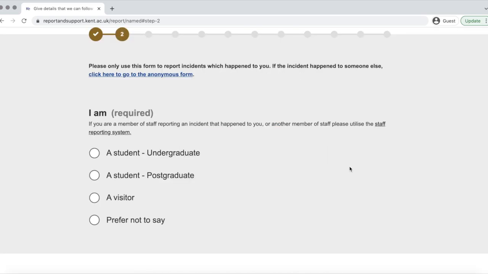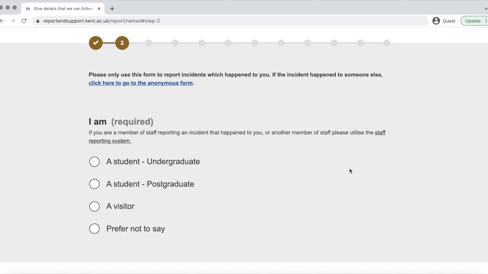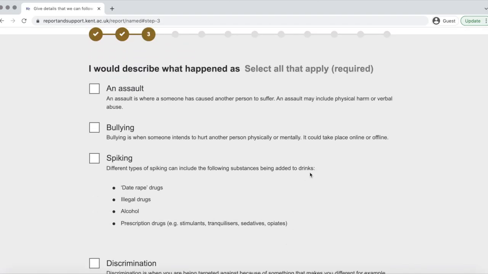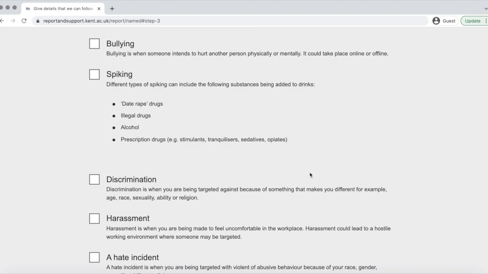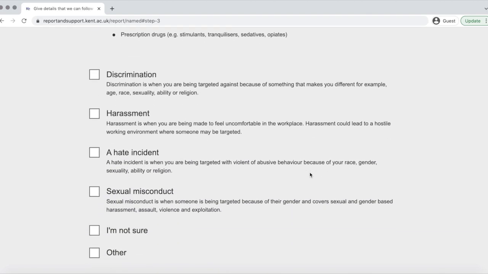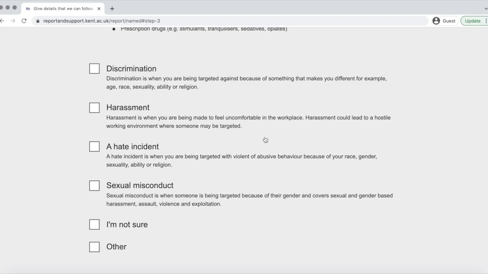Now, here we ask you some details about yourself. So, what is your relation to the university? I will select a student and continue. Then we provide you with the types of incidents you can report. We provide a short, really short and concise definition, so that you can pinpoint and be able to identify what happened to you. But if you're struggling with this, you can go back to the main page